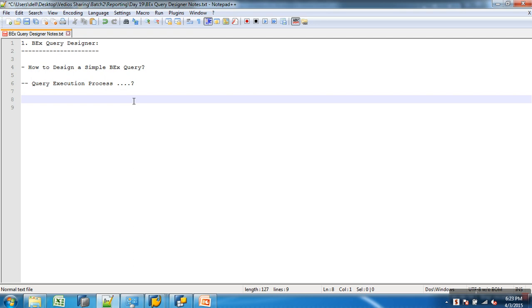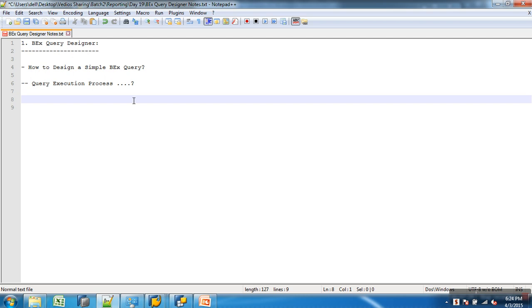So understand, whenever you run the query, it first sends a request to the OLAP processor, and the OLAP processor checks the availability of data in the cache. If it is there, it takes it from there. If it doesn't have it in the cache, it fires a query onto the provider, nothing but the database, which reads the data. The selected data that is read is sent to the OLAP processor. There the records are grouped based on the aggregation function specified. Then the records are sent back to the front end, and in the front end the records are formatted and then shown to users. This is how the query execution process runs.